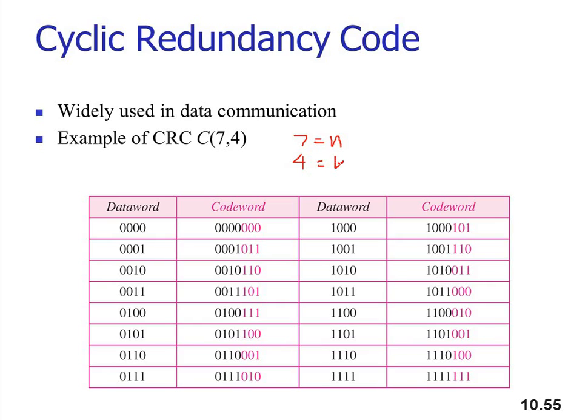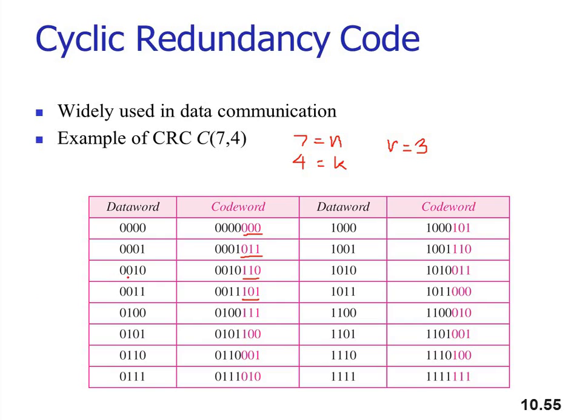So how many redundant bits are there? The redundant bits will obviously be 3. The ones in red color are the redundant bits, and these redundant bits are generated by the cyclic code technique, where the bits are shifted right or left, and through that the code is generated. That code is utilized for generating the code word along with the data word.